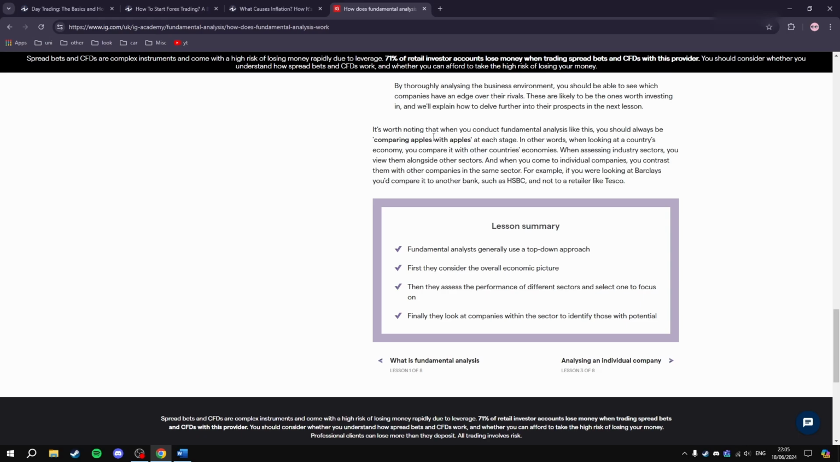It's worth noting that when you conduct fundamental analysis like this, you should always be comparing apples with apples at each stage. In other words, when looking at a country's economy, you compare it with other countries' economies. When assessing industry sectors, you view them alongside other sectors. And when you come to individual companies, you contrast them with other companies in the same sector. For example, if you're looking at Barclays, you compare it with another bank such as HSBC and not a retailer